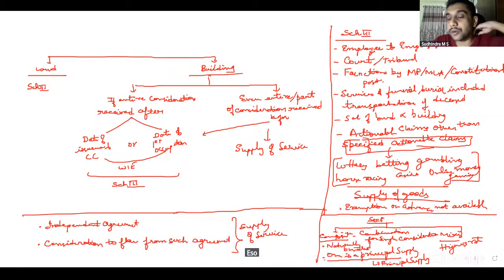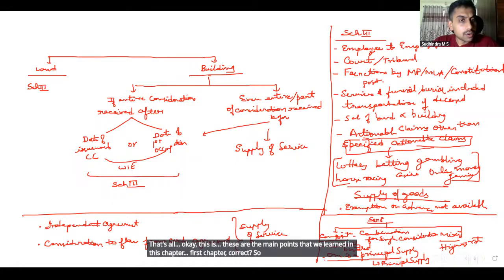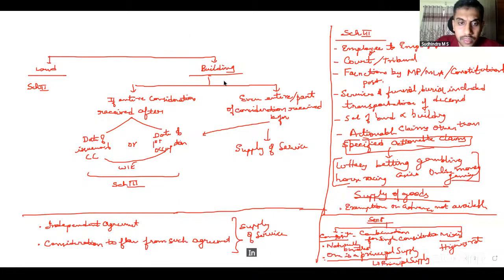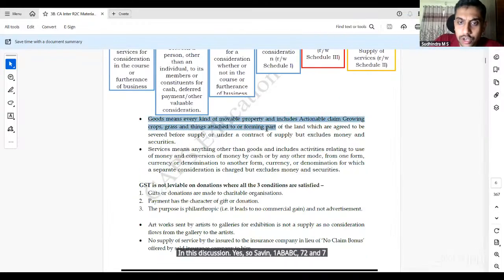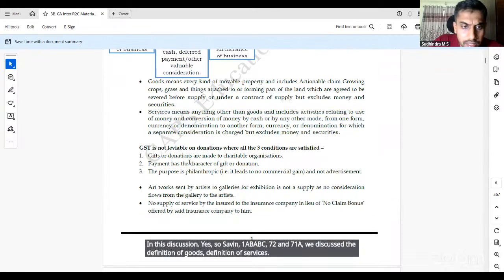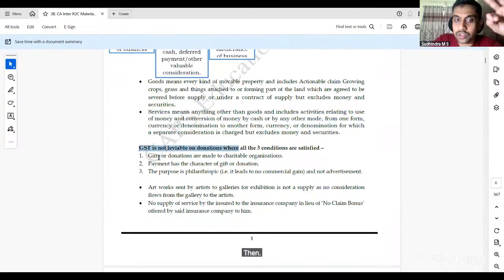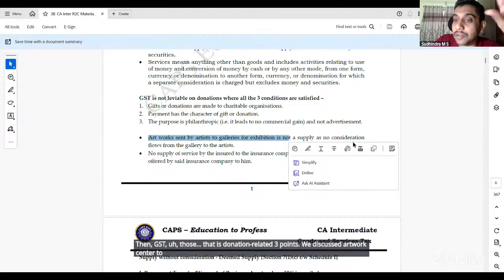Okay, these are the main points that we learned in this first chapter, correct? So can we come back to the material? We'll just glance through if there is anything that we have missed in this discussion. Yes, so 7.1 A, B, C, 7.2 and 7.1A, we discussed the definition of goods, definition of services, then GST donation related 3 points. We discussed artwork sent to gallery as such is not a supply because there is no